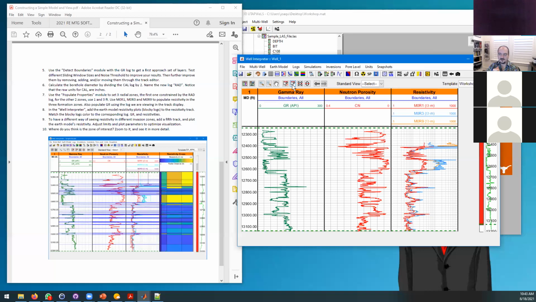And the reason why we have these two is because when you do invasion, you have petrophysical layers, and it's easier to work with them independently from each individual grid point that you're going to have when you run invasion. So that's the main reason why we have them. We're also going to see that we have radial zones, and they have the same distinction. So if I click here and add petrophysical boundary,